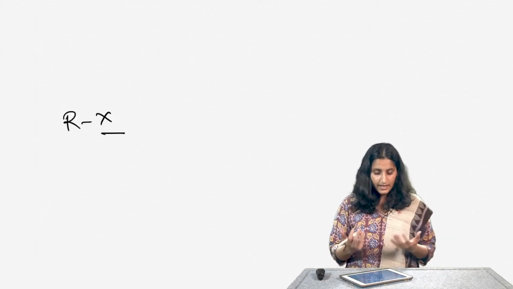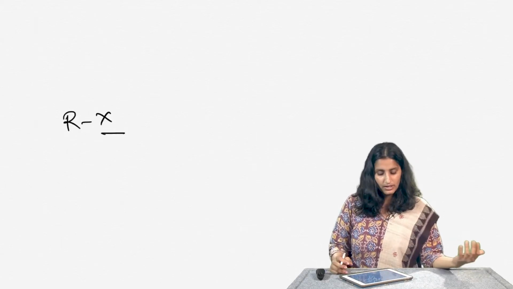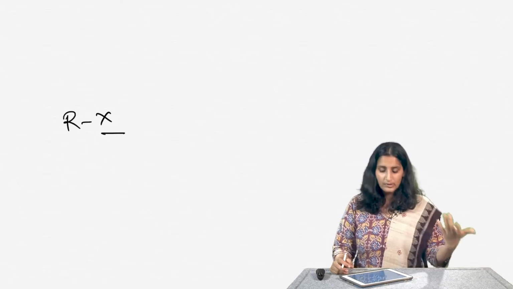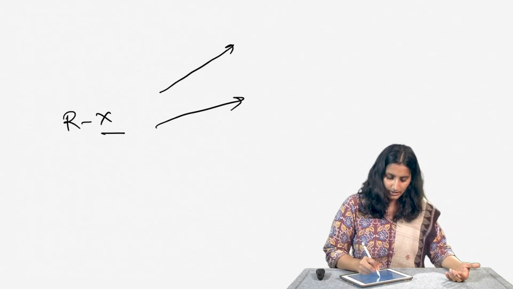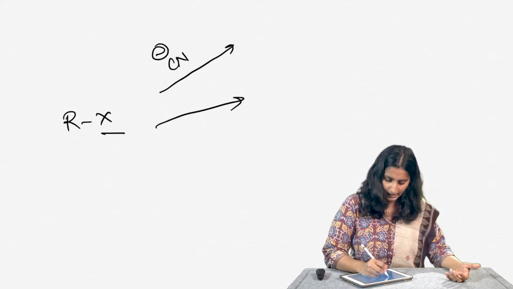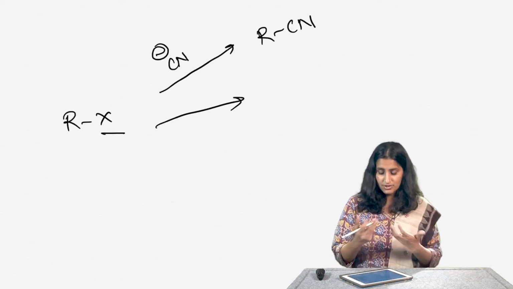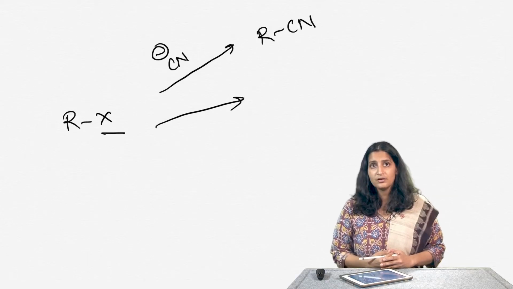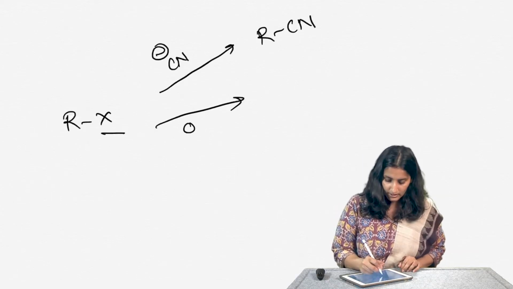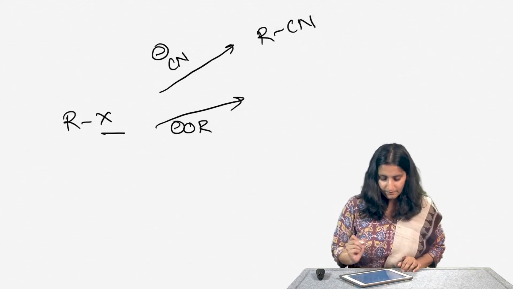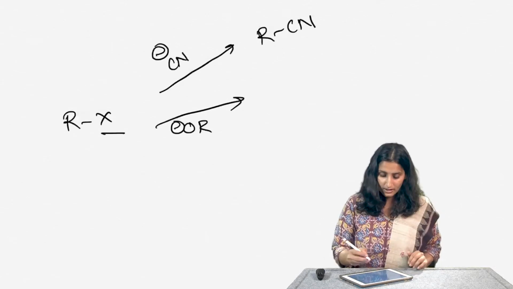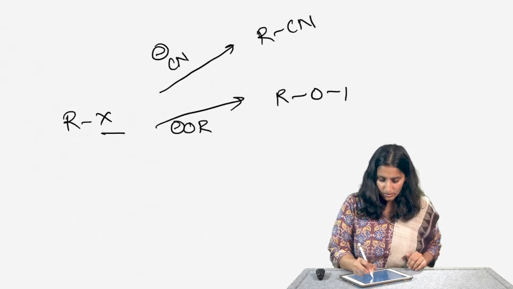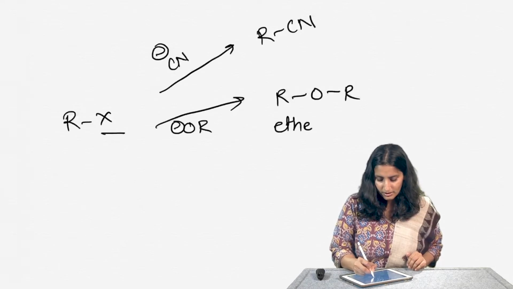So, X is any halogen atom, like a good leaving group, bromide, iodide, things like that. And if you react it with a nucleophile like cyanide, you can convert this to RCN, which is a nitrile functional group. If I react it with a nucleophile like OR minus, which is like ethoxide, methoxide, I can convert this to ROR, which is an ether functional group,